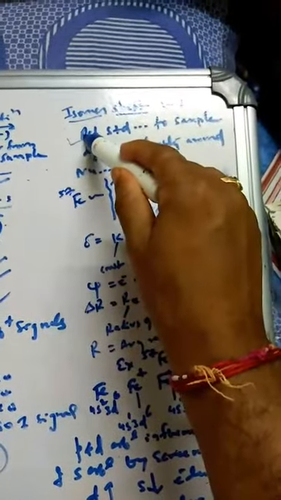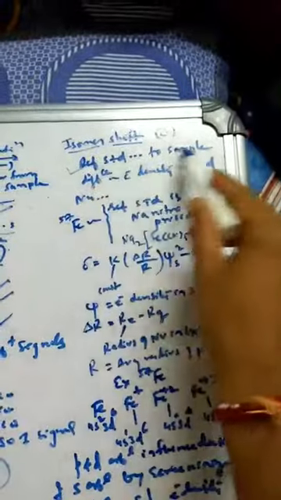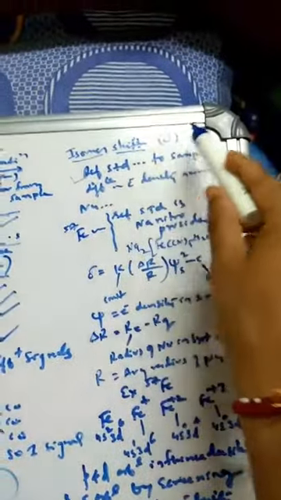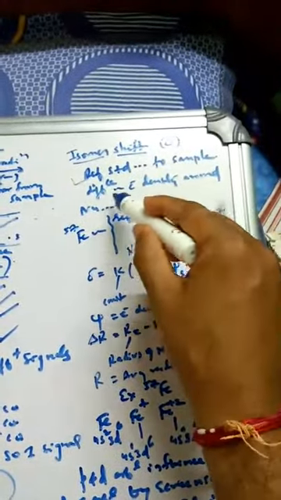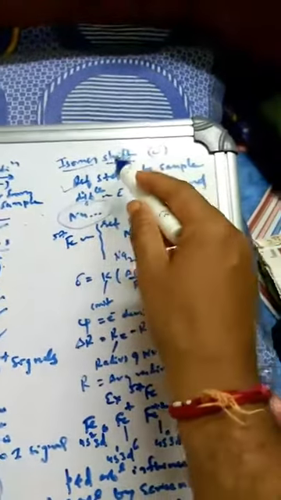So these signals depend on the structure, and then there is a term called isomer shift, delta, which is also seen in Mössbauer spectroscopy. What is this isomer shift delta? Isomer shift means you require a reference standard and the sample, and the difference in the peak positions is called the isomer shift. It depends on the difference in the electron density around the nucleus. As in NMR we have seen the chemical shift, similarly the isomer shift also depends on the electron density around the nucleus.